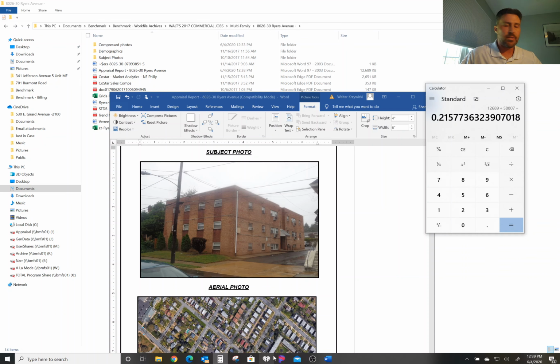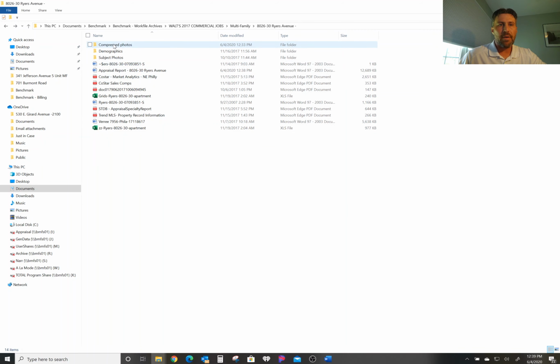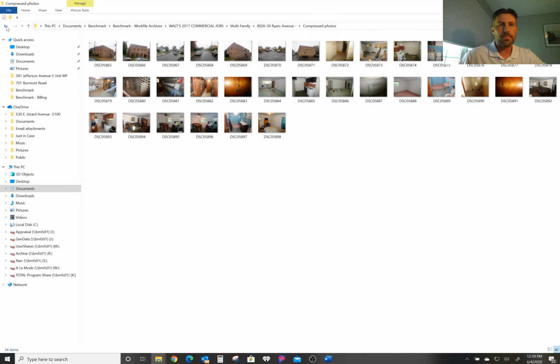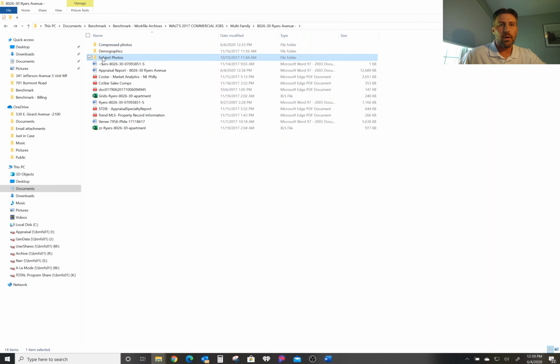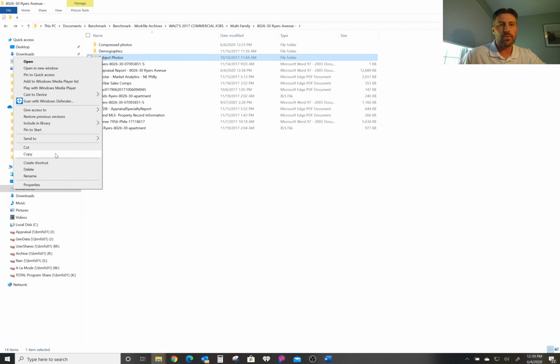In some cases, I've even seen it go down as much as 90%, depending on how many photos you actually use in the reports and how complicated the assignments are. So these are two different ways where you can reduce a lot of the file sizes by close to 80%. So now if we have that saved and we have all our compressed files in here and we get rid of the higher definition photos that we don't need,